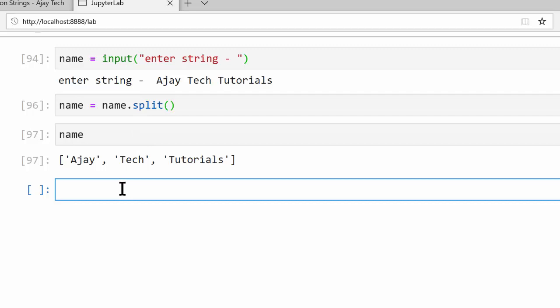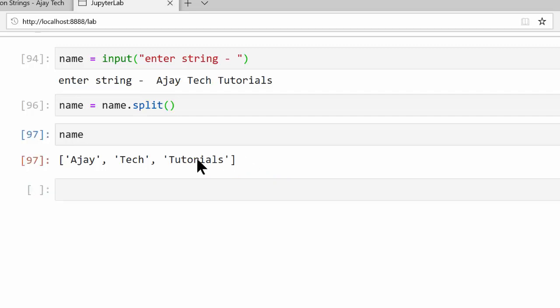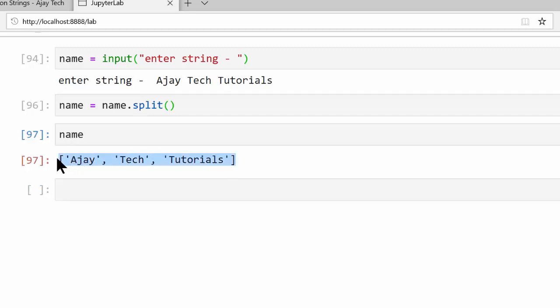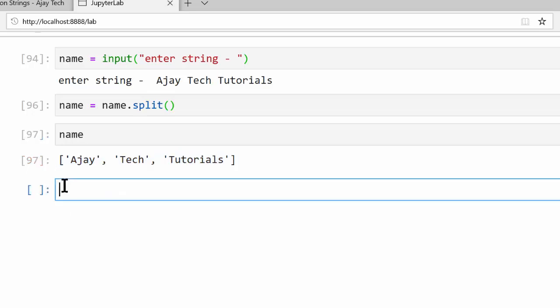Now, here is a trick. We can use the for loop to go through, or iterate through, this set of words. There is another chapter on data structures called lists that we'll be going through shortly. Once you understand that this is actually a data structure called a list, you'll be able to clearly understand why we are using a for loop. But until that point, just understand that we're using a for loop to iterate over a range. In this case, it's not a range of numbers, it's a range of words, right? So it's called an iterable. So for